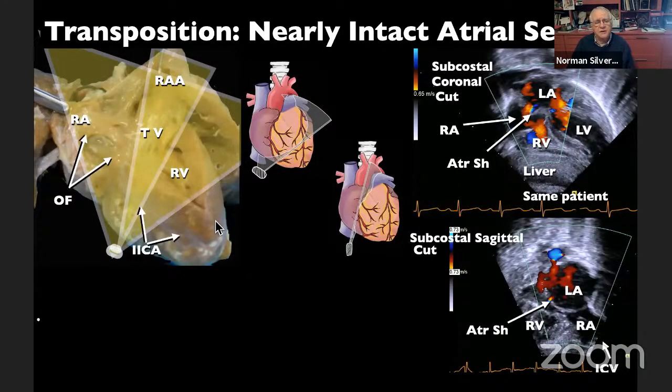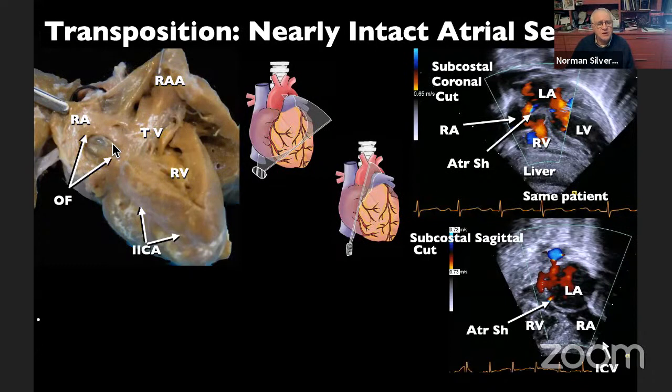And what I do here is I have a heart from my own collection at the University of California with Dr. Ursel that we are looking at in a subcostal coronal and a subcostal sagittal view to evaluate the atrial septum. And here you can see the limits of the oval fossa here with the septum primum obturating the entire foramen ovale. So if this was in life, this fetus would not have any communication between the left and the right atrium.